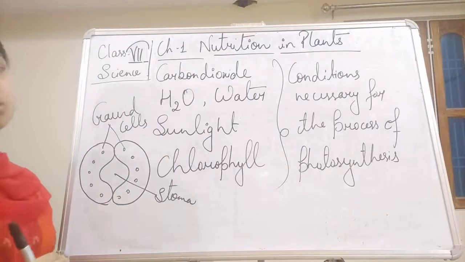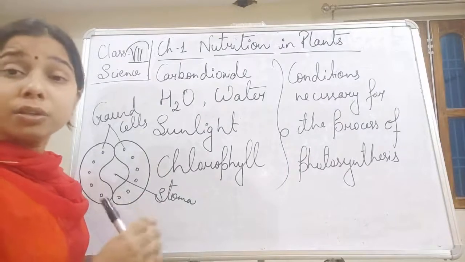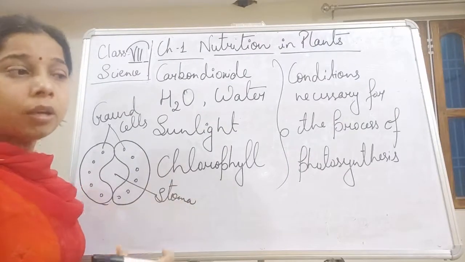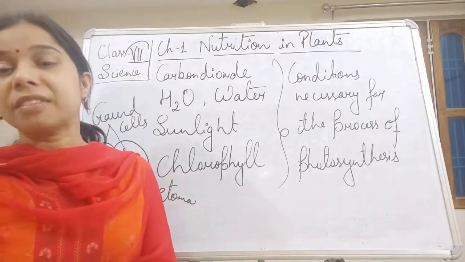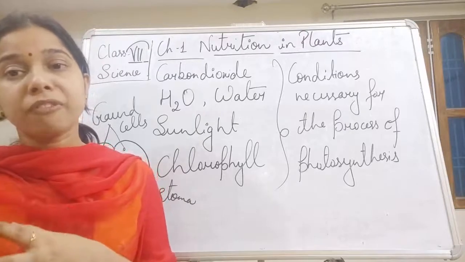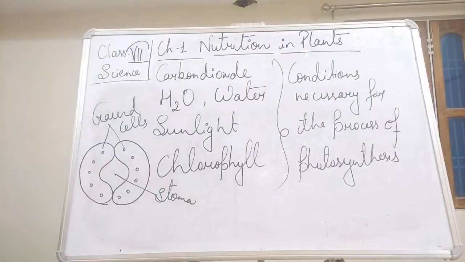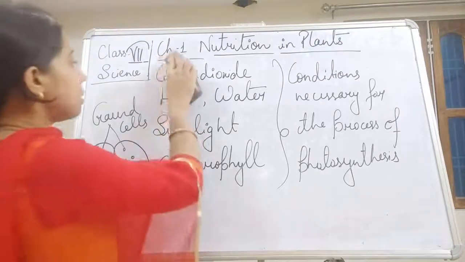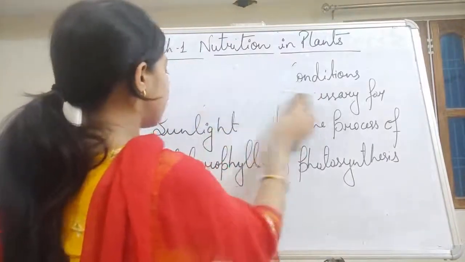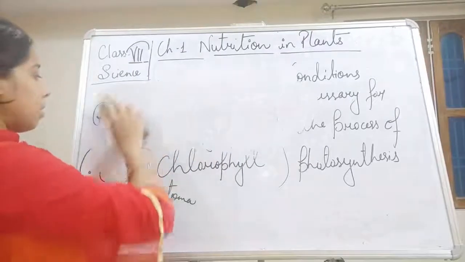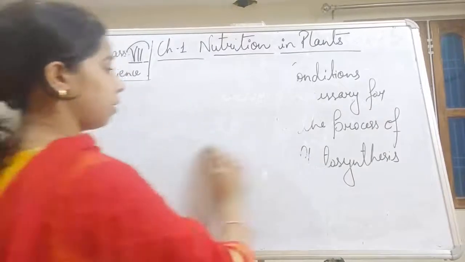So on the basis of that, we can say that the role of the stomata is to regulate or control the expansion and contraction of the guard cells, with the help of which the exchange of gases can take place easily. So let me write the first one, how the plants obtain carbon dioxide. Then we will move on and try to understand how the plants obtain sunlight and water.